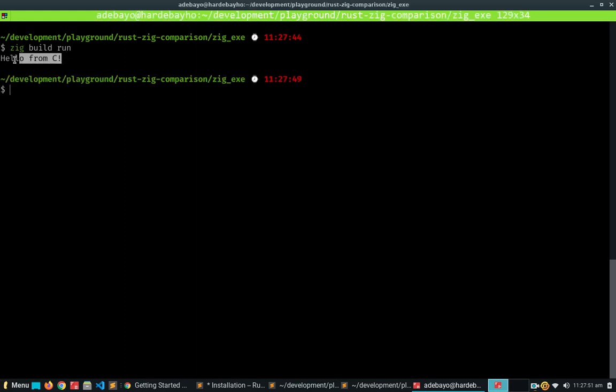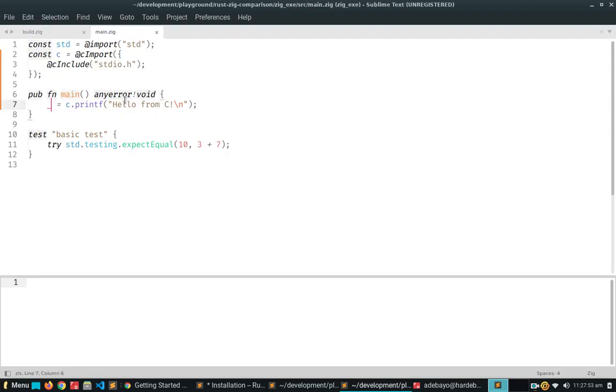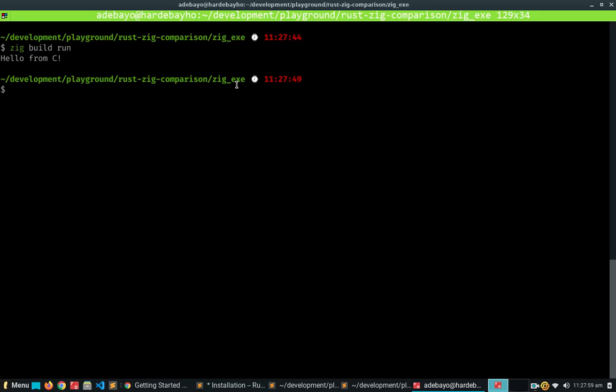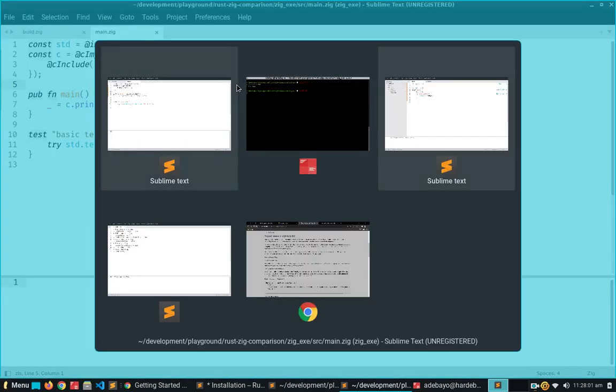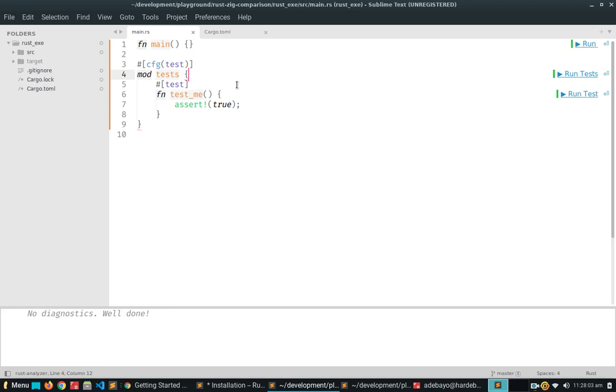And just like that, I can call any C function that I want from Zig, and I can just include the header files from here. Now, if I want to do the same thing from Rust, it's just not possible by default. The first thing I'm probably going to have to do is install the, I believe, C bindgen, or is it Rust bindgen? I confuse those two programs. Yeah, so I require the Rust bindgen